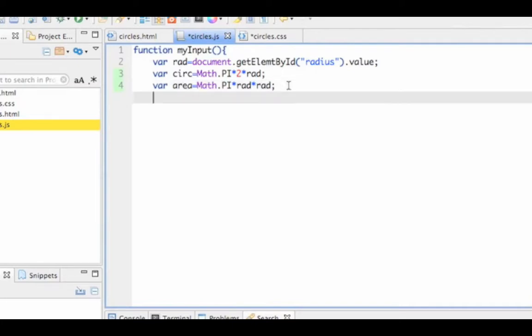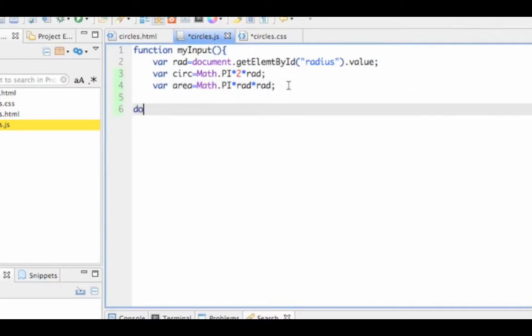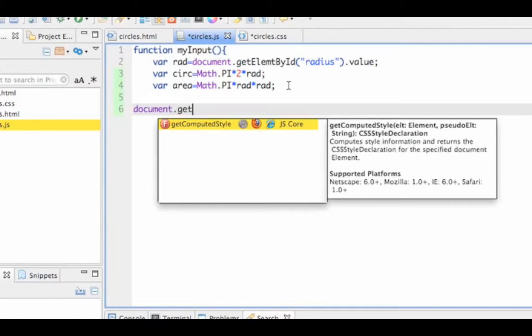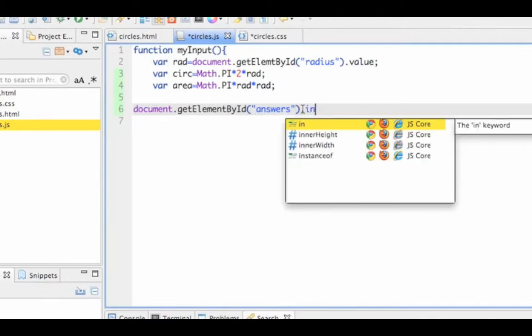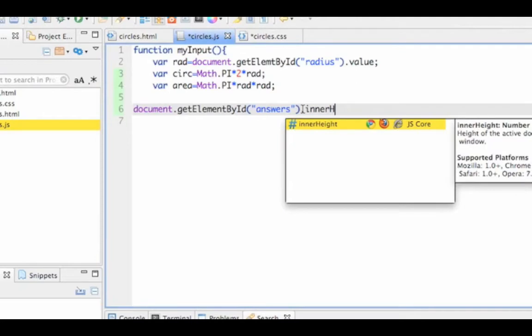So we're going to send the result to that. Document dot getElementById, and then quote answers, and then dot innerHTML,